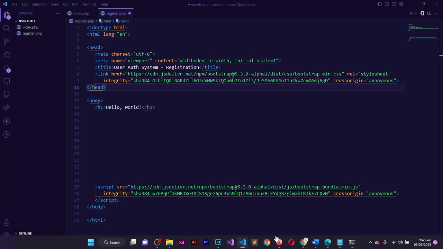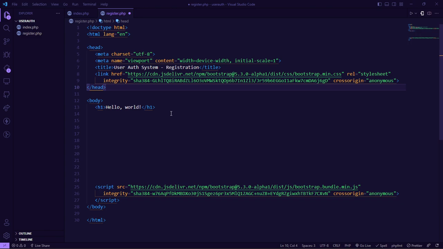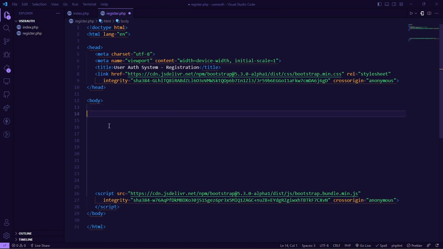Okay, now we are going to design a simple form in this registration page that will allow us to input our username, the email, the password, and what have you, right? So according to the Bootstrap rule, first of all, we need to have a container there, right? So let's say dot container, and it's going to create a div with a class of container. Now inside of this container, I'm just going to say col-lg-8, and I'm going to say that